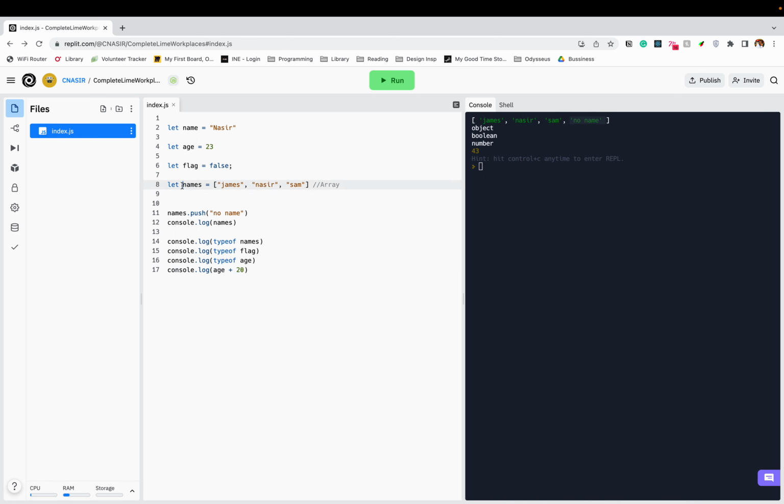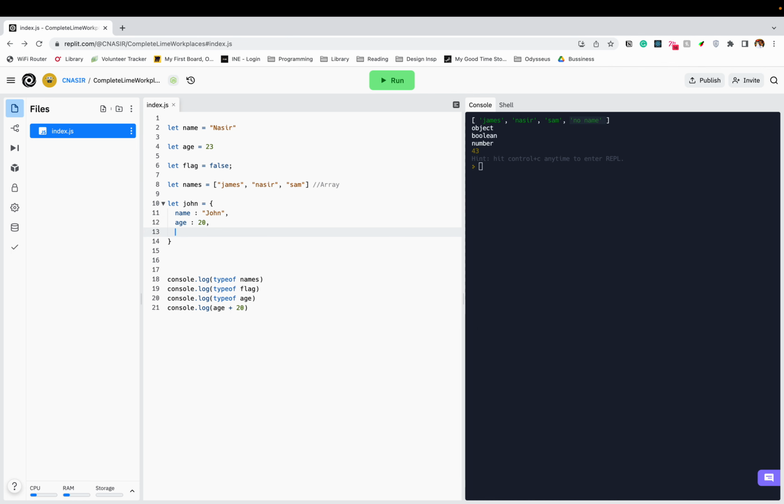So you have different actions that you can take against the boolean, against the number, against the string, against the list or the array. There is another data type that I want to discuss. It's called, let's say, John, and it's called object. And what object basically is, let's see, be John, and the age would be 20. Let's just say 20. Country be US,